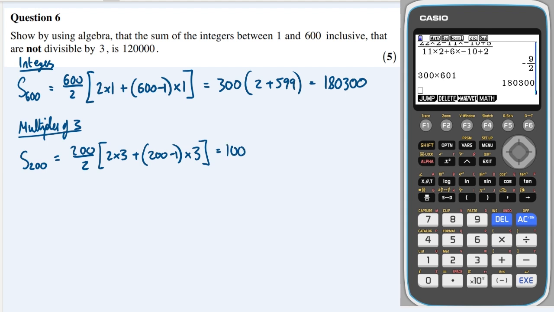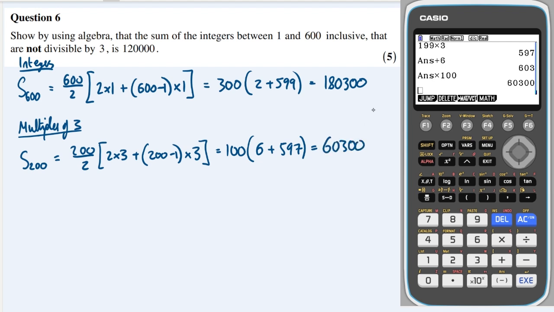Okay, so this is 100 multiplied by 6 plus 199 times 3, which is 597. And then if I add 6 to it and then multiply it by 100, I will get